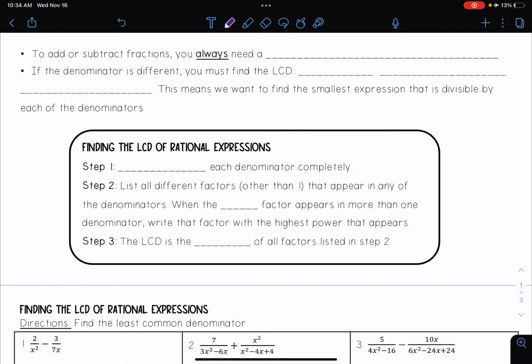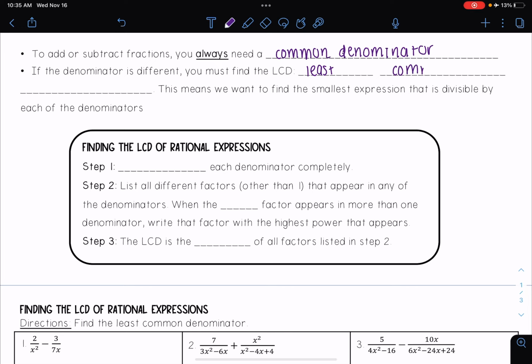So sometimes, just like when we're adding fractions, we do not have a common denominator. And to add or subtract fractions, we always need a common denominator. And so if the denominator is different, we must find the LCD, or in other words, the least